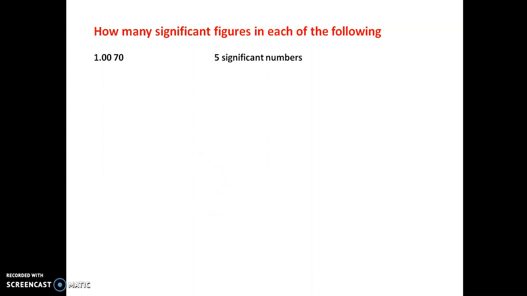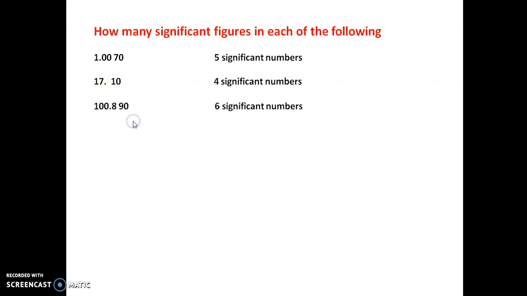For example, the first example we have to consider is 1.0070. In that, these two zeros are present in between two non-zero digits, that is 1 and 7. Hence we have considered 5 significant numbers. Here 17.10, in that 4 significant numbers we have to consider, because this 0 is present at the right hand side